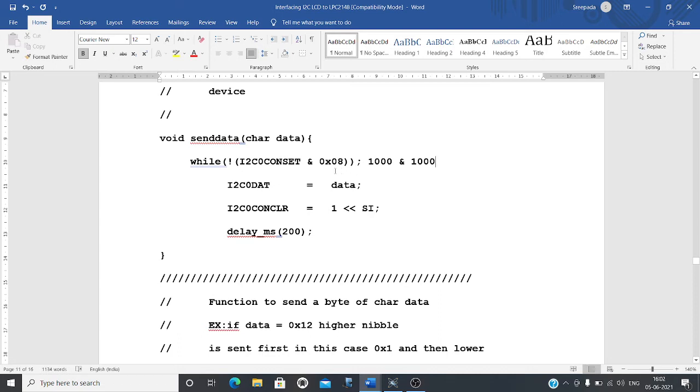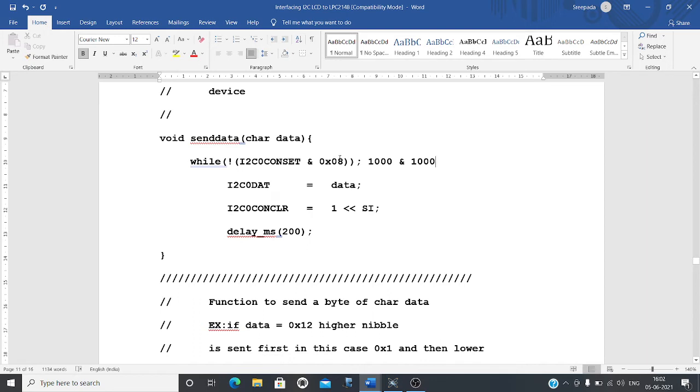So what you are doing here is examining the SI bit. Where is the SI bit? 0, 1, 2, third bit. SI bit is the third bit, and you are doing an AND operation with 1 in the same bit position.